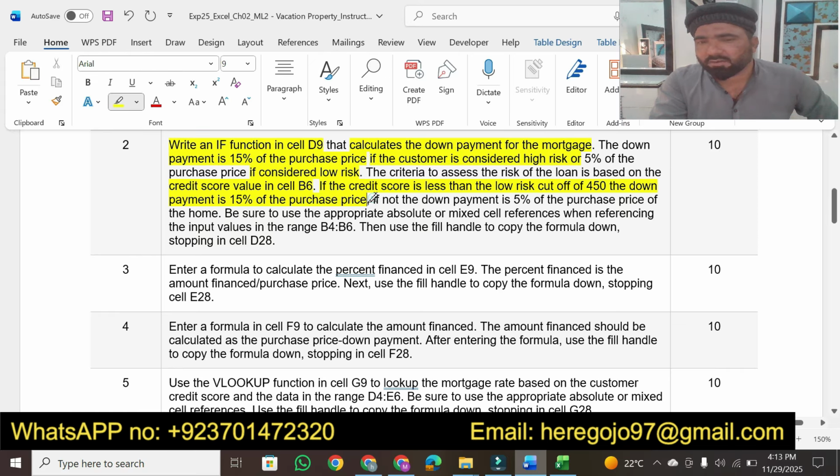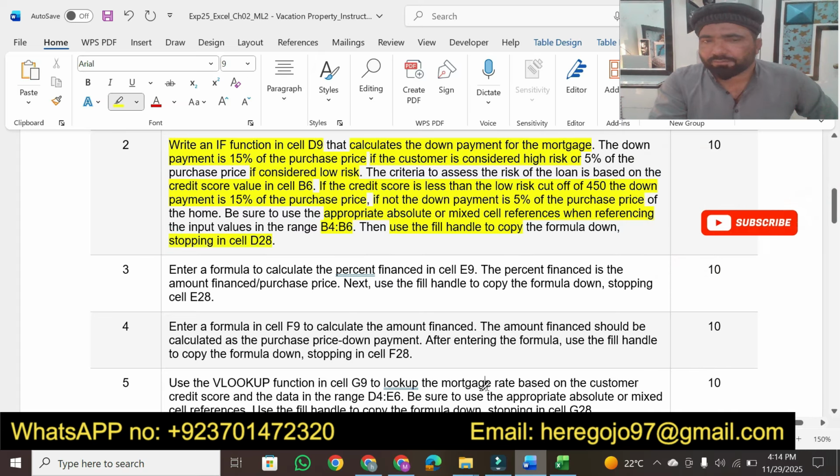If not, then the down payment is 5% of the purchase price of the home. Be sure to use appropriate absolute and mixed cell references when referencing the range B4 to B6. Then use the fill handle to copy down to